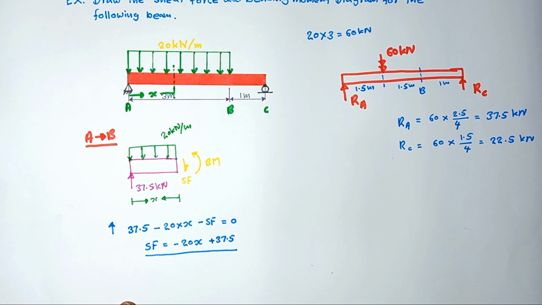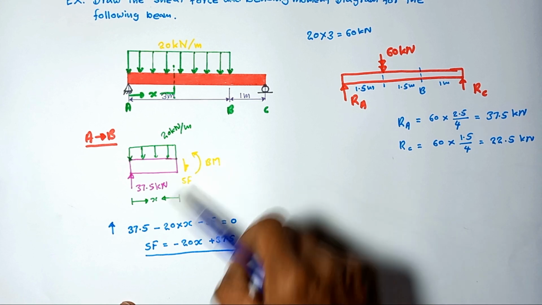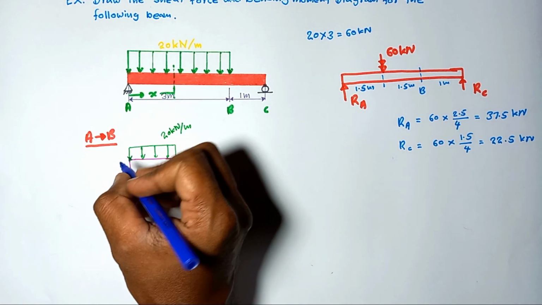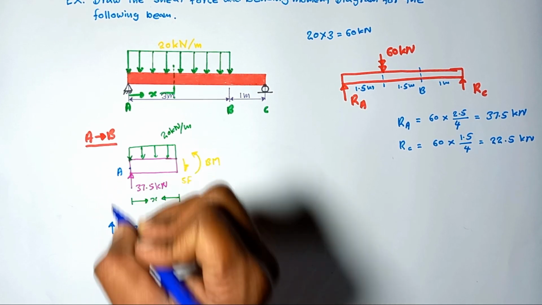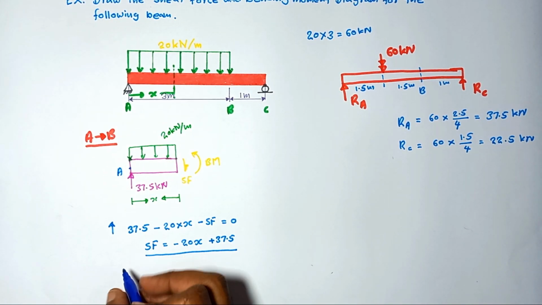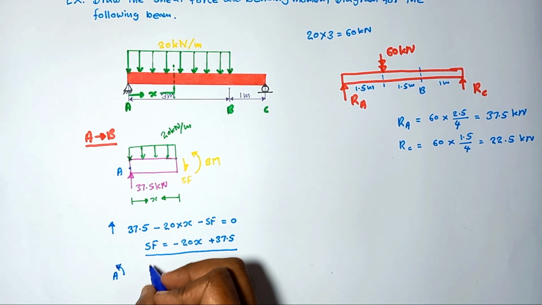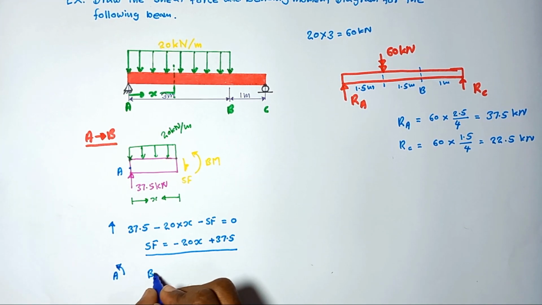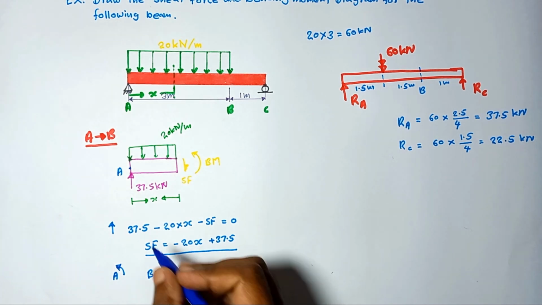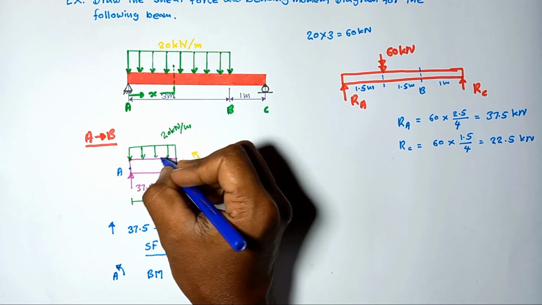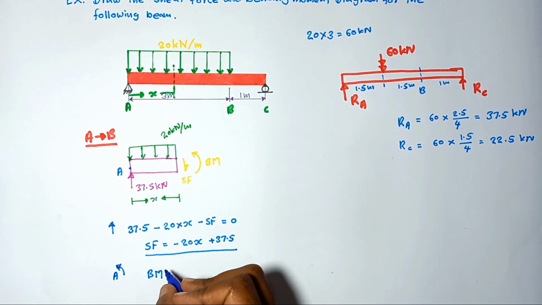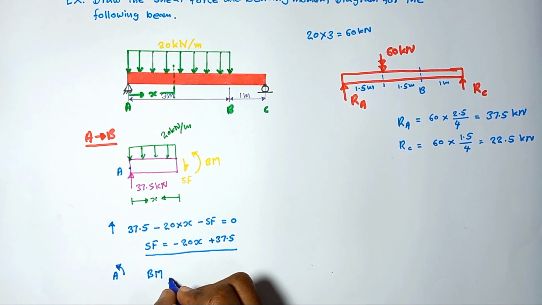Then again I am going to obtain the equation for the bending moment. To get the equation for the bending moment, I am going to take the moment around the A point. By taking the moment around the A point, the bending moment is acting. Then the moment produced by this distributed load, that is acting clockwise direction, minus 20x into x divided